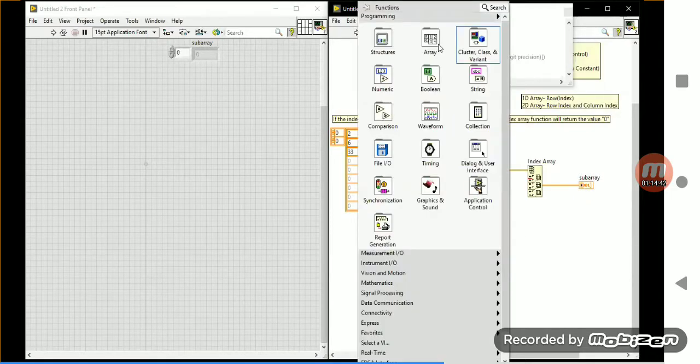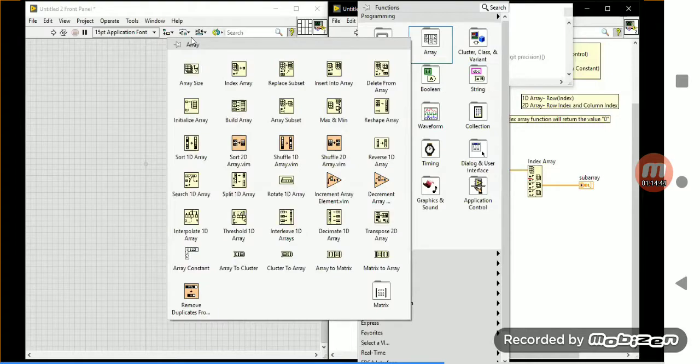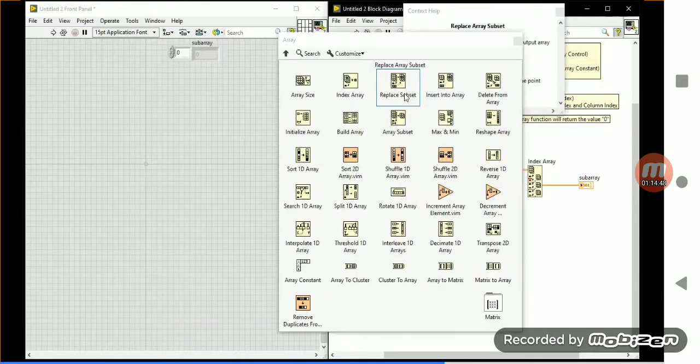So, remaining functions in array: you have replace array available. I want to do the replace array and the insert array functions, or will you practice those functions?